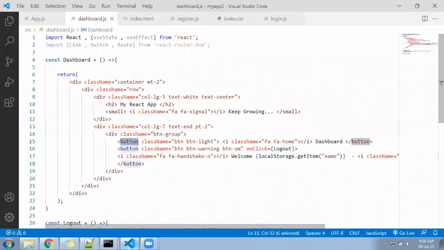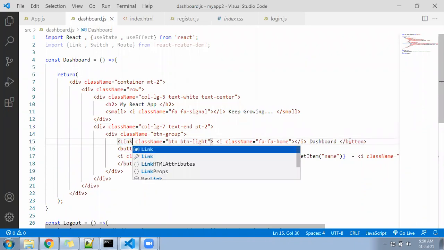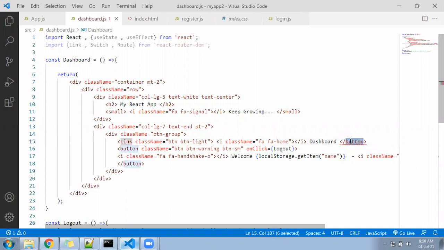Let's convert this button into a link, close the link, and write here Link to /dashboard.